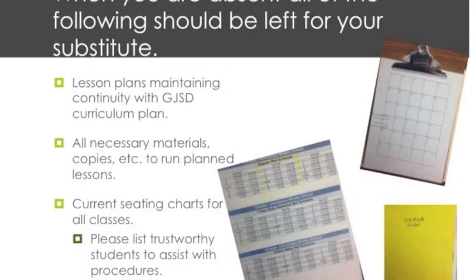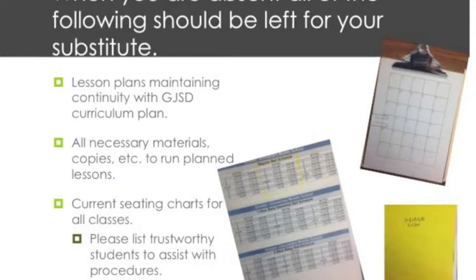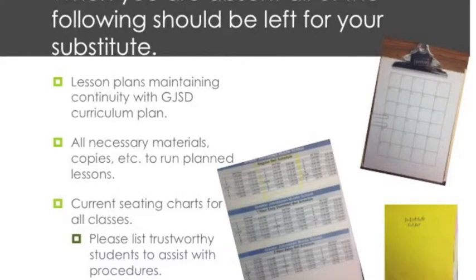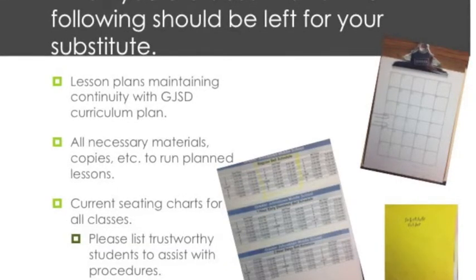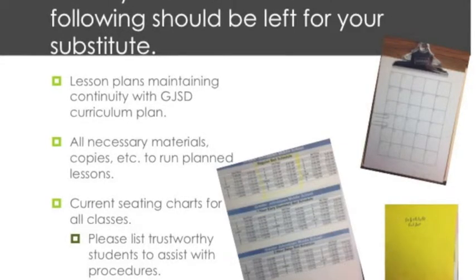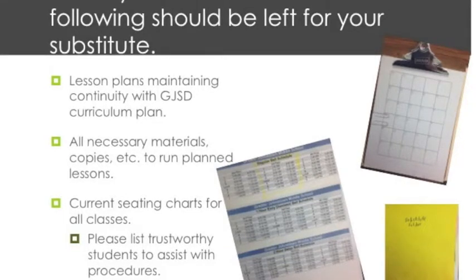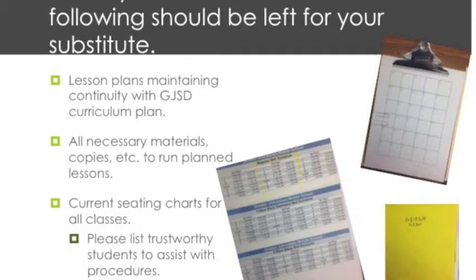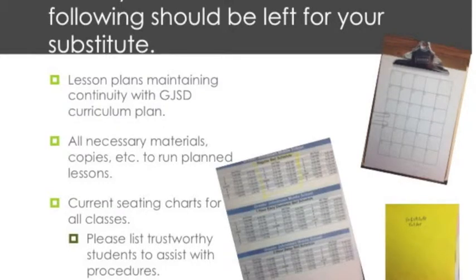And you want to make sure that you have current seating charts for all of your classes available to whatever substitute is there. On this seating chart, you may wish to list responsible students who could help fill the substitute in on classroom procedures. You may wish to list students that are going to need special accommodations, be it instructionally or behaviorally, and